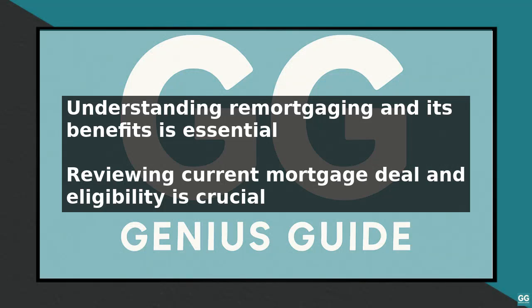A step-by-step guide to Santander Remortgage begins with understanding what remortgaging is and how it works. Remortgaging involves switching your current mortgage to a new deal, either with your existing lender or a new one, to take advantage of better interest rates or terms. To start the process with Santander, you should first review your current mortgage deal and check if you are eligible